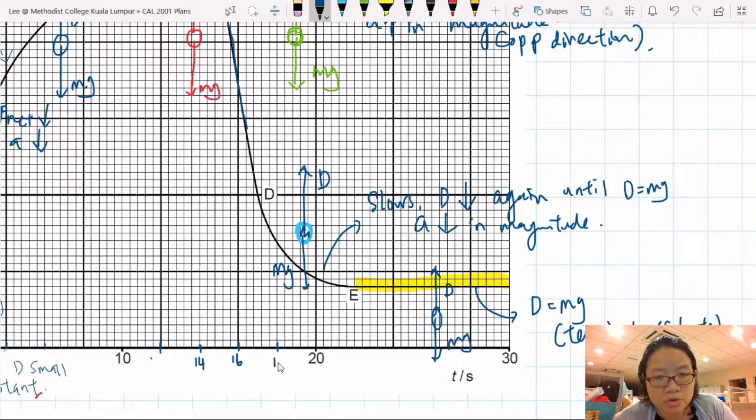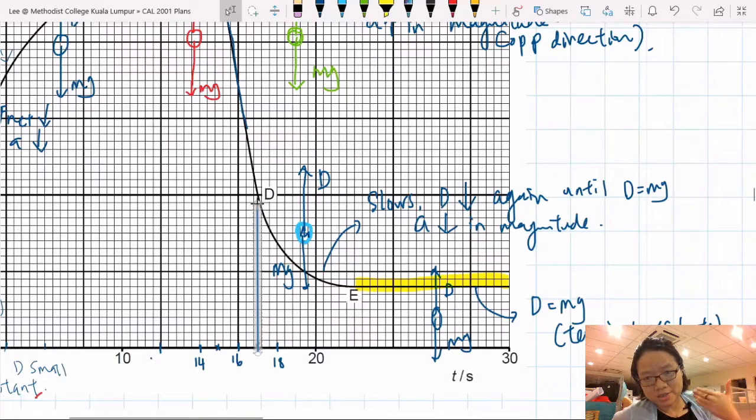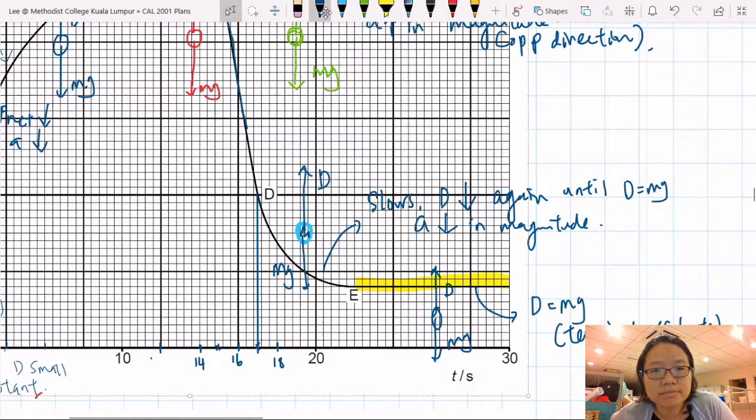If you're wondering what I'm doing, I'm trying to find 15 and 17, and I'm trying to read the graph. So the whole idea of having a parachute is to suddenly increase your drag force to slow you down, such that when drag force decreases and equals mg again, it will be at a lower speed. And then you can be safer, and you can just do it again. All right, anyway, 17 is somewhere at 20, I think. And 15,